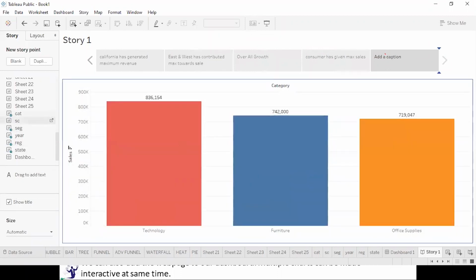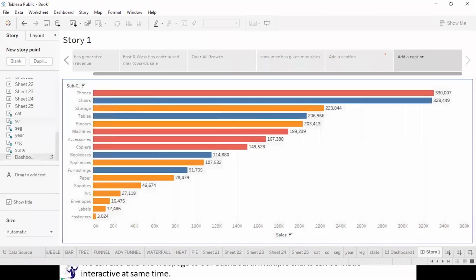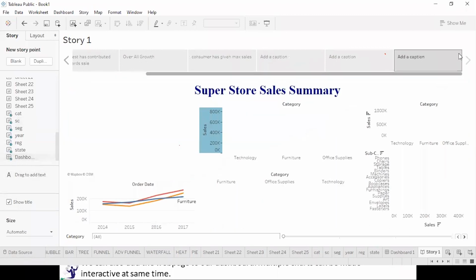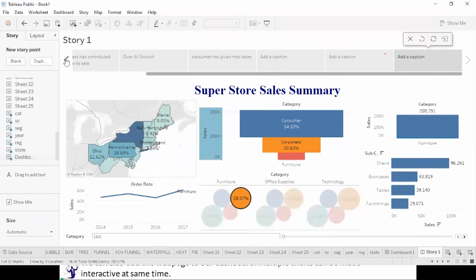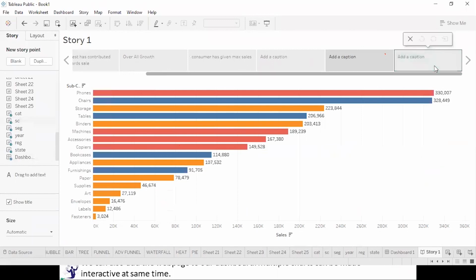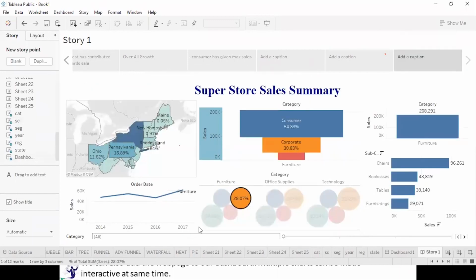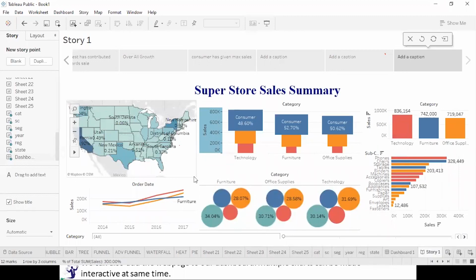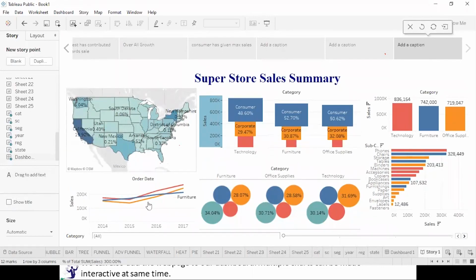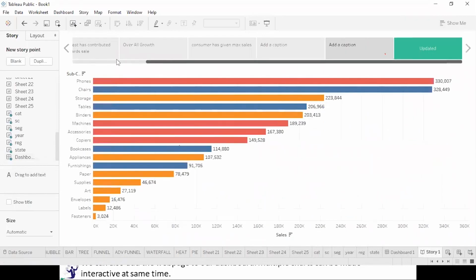Same, you can put the subcategory, and you can also put the dashboard. If you don't want the story title, you can remove the story title over here, and here it goes.